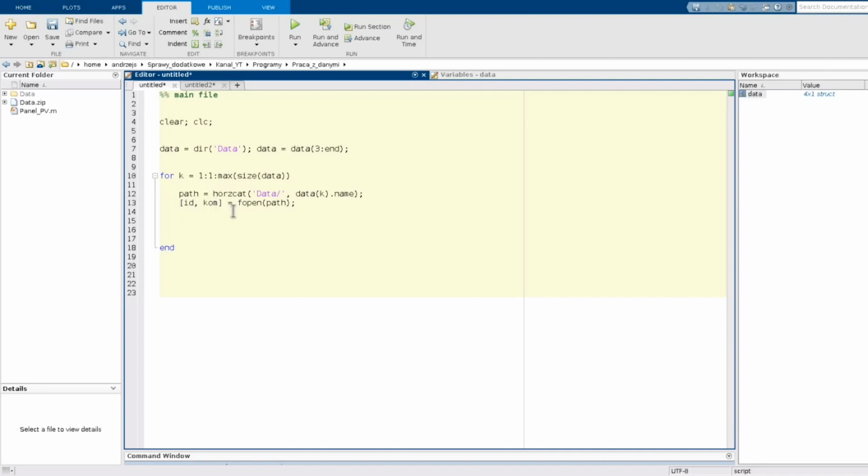If we have a problem during, for example, opening the file, then the value of ID will be less than 0. Okay, and if it is less than 0, something goes wrong, and we would like to read the information about what was wrong. Okay, so if ID less than 0, then display com.